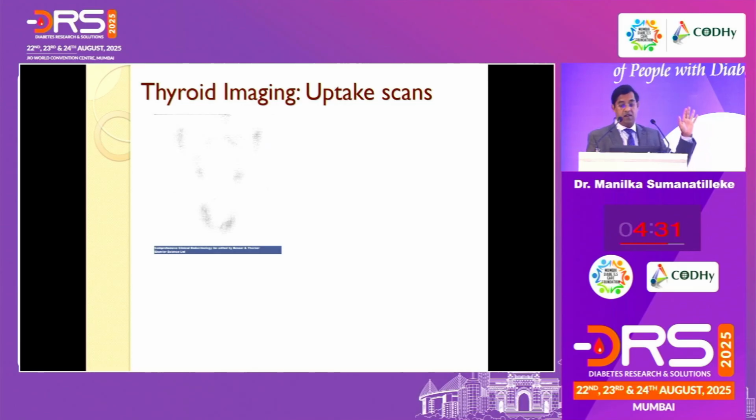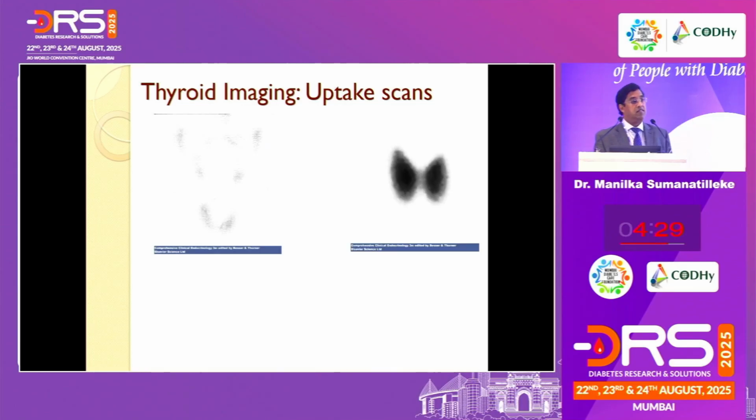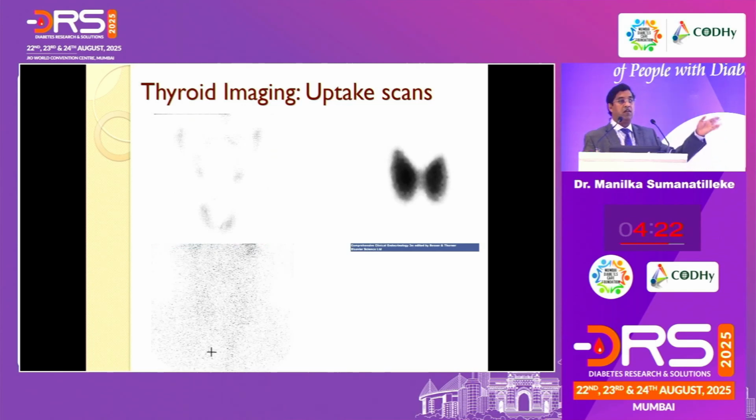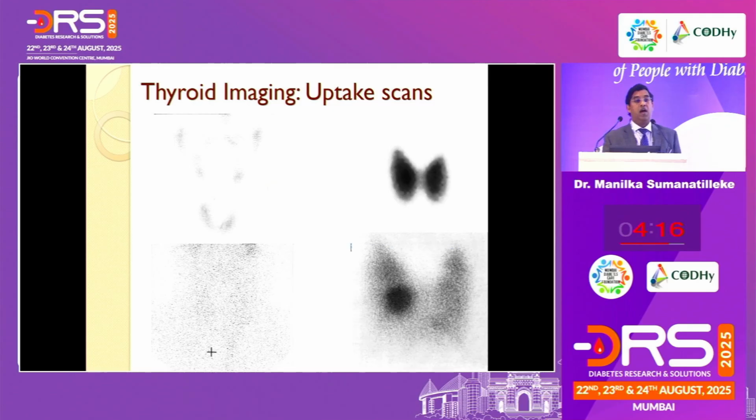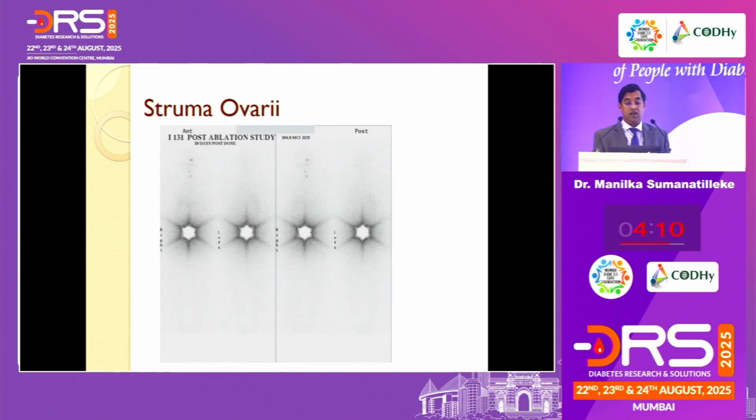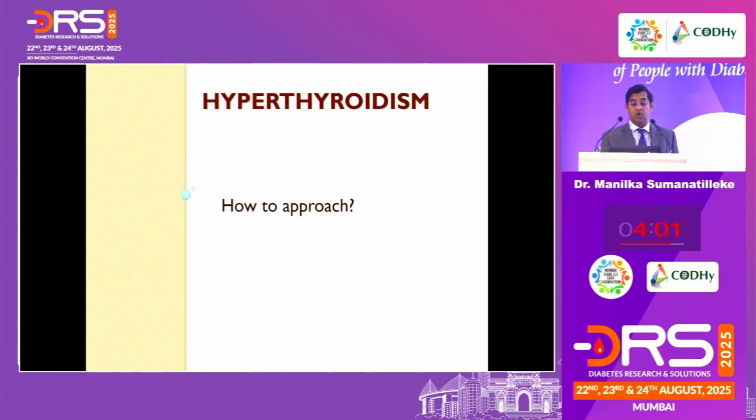This is a normal scan, iodine uptake. This is Graves' disease, increased uptake. Subacute thyroiditis, reduced uptake with increased ESR, tender goiter, diffuse goiter. You don't need anything, some steroids or painkillers would do. And this is a toxic adenoma or a nodule. So you have all this diagnosis with one scan, you can decide on the treatment. A rare instance of a struma ovarii, just for your interest, the thyroid is normal, the thyroid hormone is produced in the ovaries.